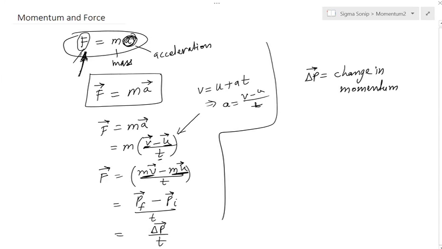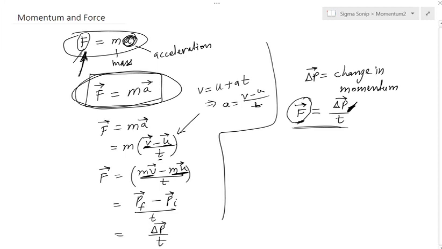So I'll write this equation again. What we got here is F equals delta p upon t. Now, just similar to our interpretation of the earlier equation, we can interpret this equation as well. This equation says that if there is a force somewhere, it will produce a change in momentum. And if there is a change in momentum, I'm not talking about momentum only, it is just change in momentum, then you will have some force as well, because you cannot bring about any change in momentum without application of force.